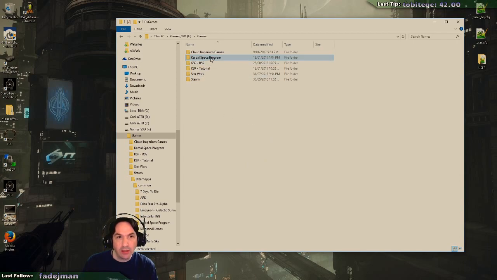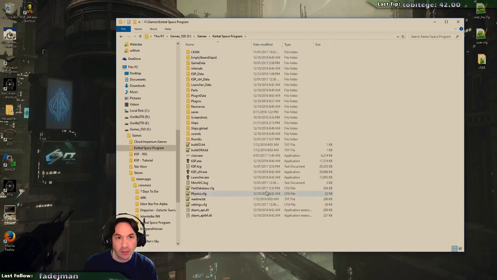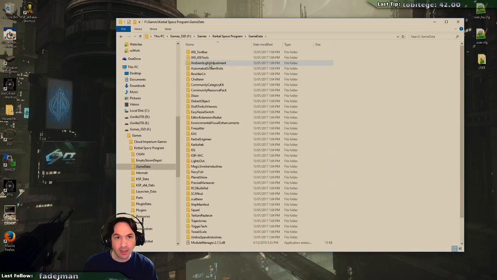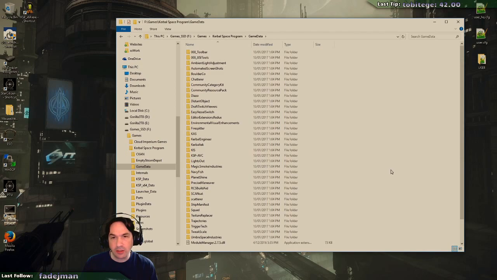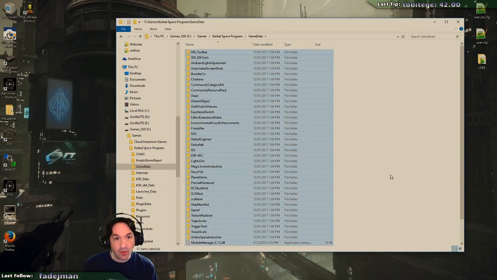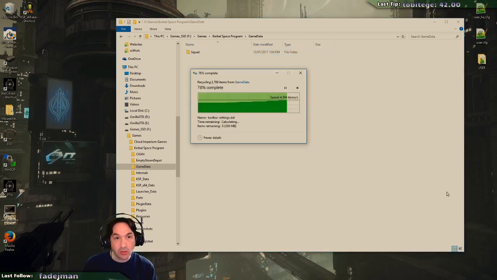Alright, and then once you got into your new folder, you'll see there's a couple of things. Now this is a fully modded version. You'll see there's a folder called Game Data. And in this is where all the mods go. Now as you can see, I've got tons of mods in this already. Okay, but the actual folder should look something like that,